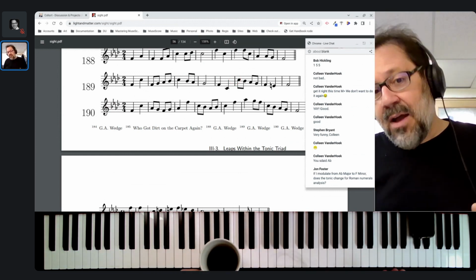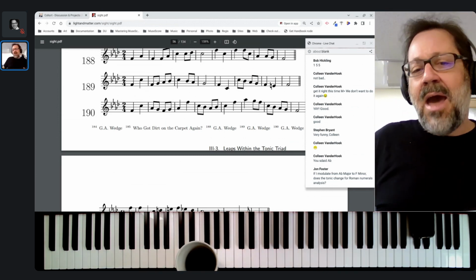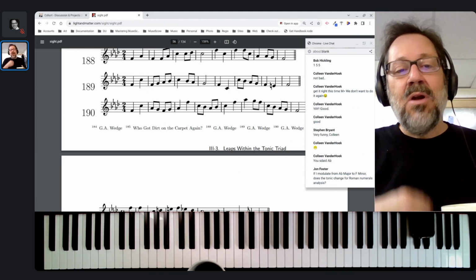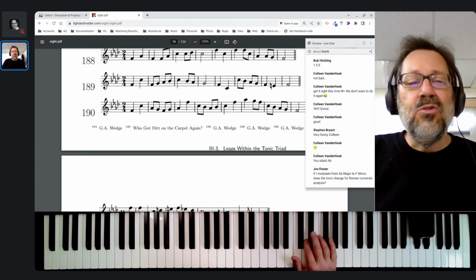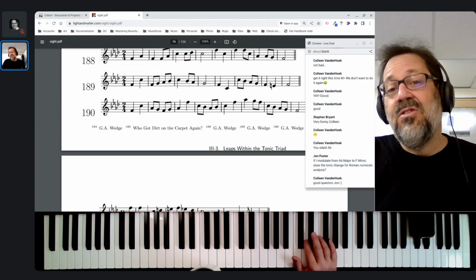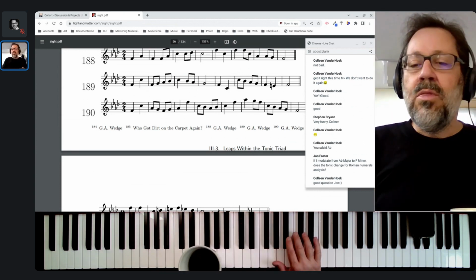We have 3, 6, 2, 5, 1. We have 1, 4, 3, 6, 2, 5, 1. We've got all sorts of really common patterns that will eventually be as easy to memorize as 1, 2, 3, 4, 5, or 5, 4, 3, 2, 1. And so all we're really doing is noticing the exceptions to the patterns and then learning those and making sure that we're cool with where those are.